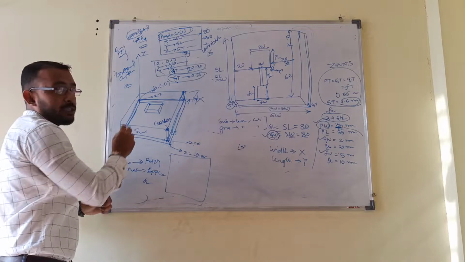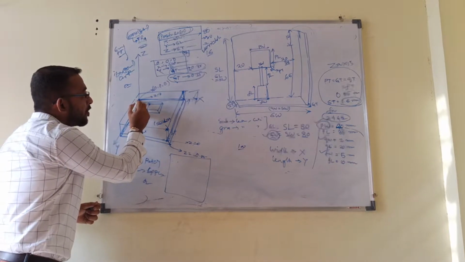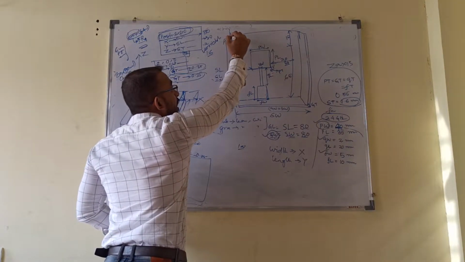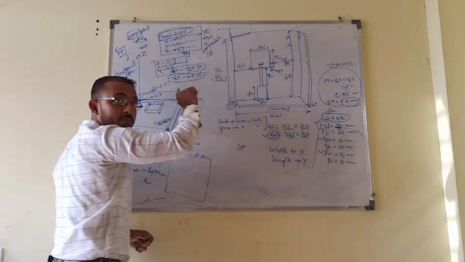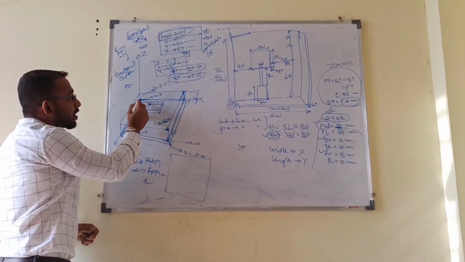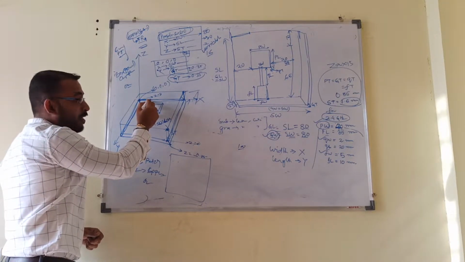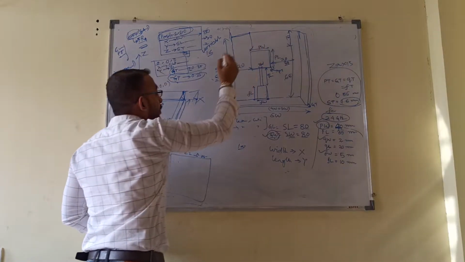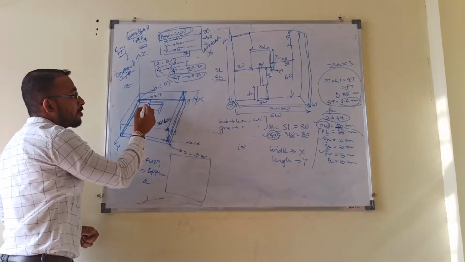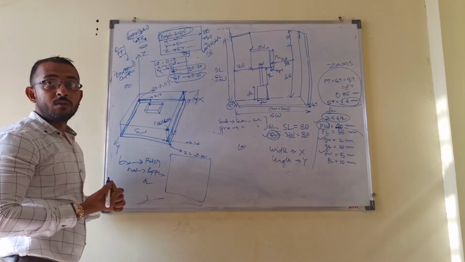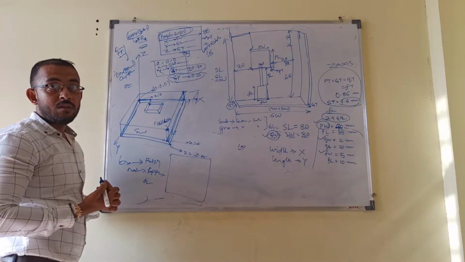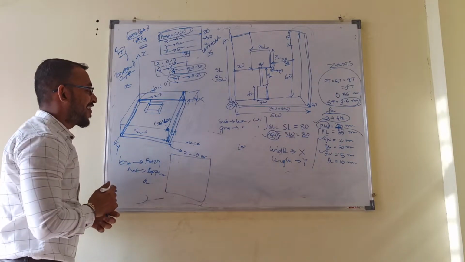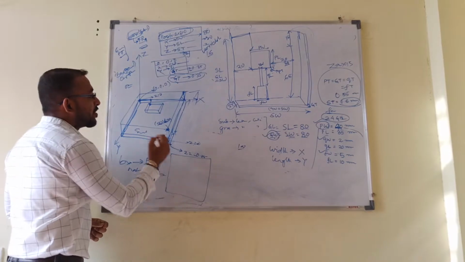So what should be the x value? How much distance do I have to move in the x axis? This is the origin. I have to move a distance of 20 mm in the x axis. Yes or no? Then in the y axis, I have to move 15 mm. Then in the z axis I have to move 1.6 mm.